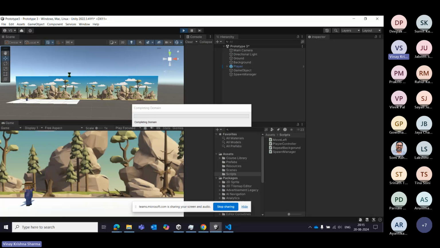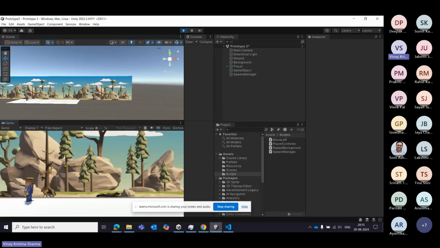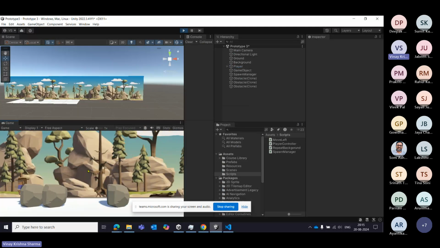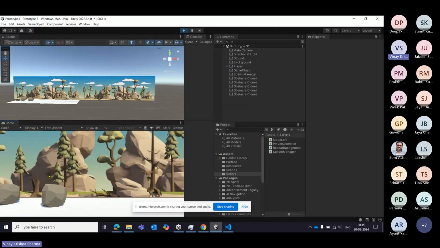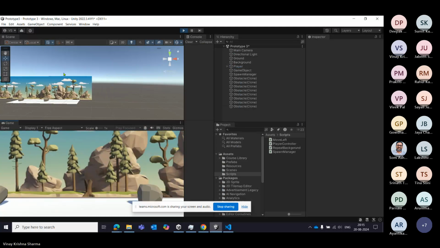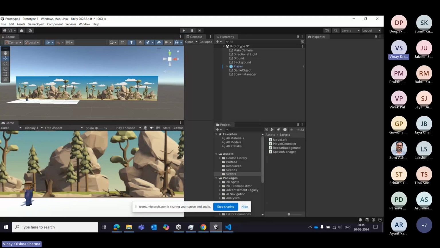So let us see. In the scene window, we should be able to see it correctly, but in the game window, it should appear as if the background is continuously moving. Awesome. So there is no lag here now. See, it is exactly moving, and there is no glitch or shift. Okay, nice. So this is fixed now. So what we can do is,